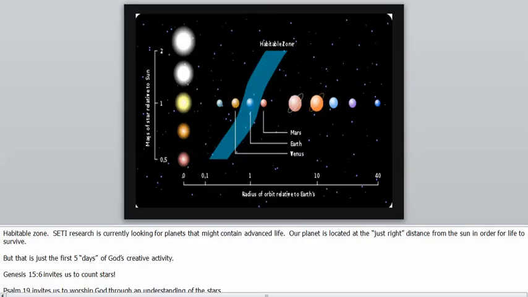But what's interesting is that the unique location of our planet Earth is in what's called the habitable zone. It's the Goldilocks rule, the just right temperature, just the right location. All the unique things about where we're located in our solar system as well as the universe is pretty amazing. It really is almost as if we were uniquely placed.